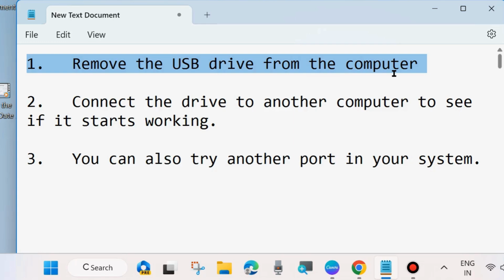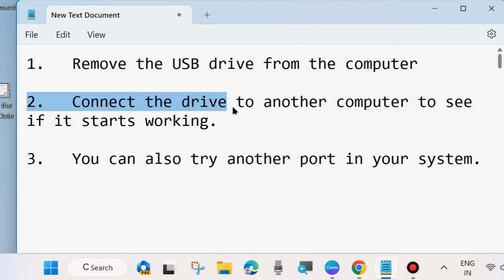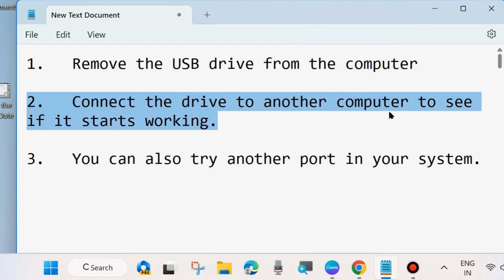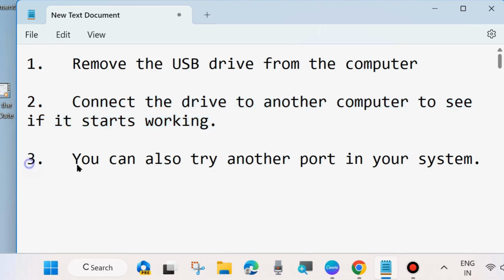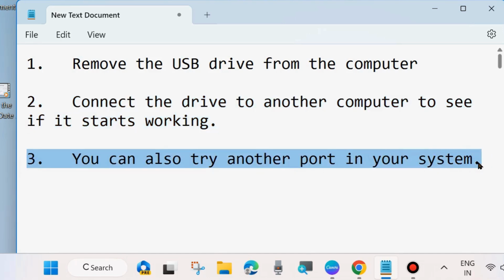Second one is connect the drive to another computer to see if it starts working or not. And third one is you can also try another port in your system. These three are the initial workarounds. You will have to check in your system, and if your problem exists, then go to the next fixes